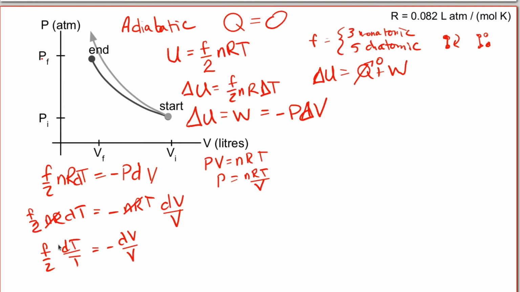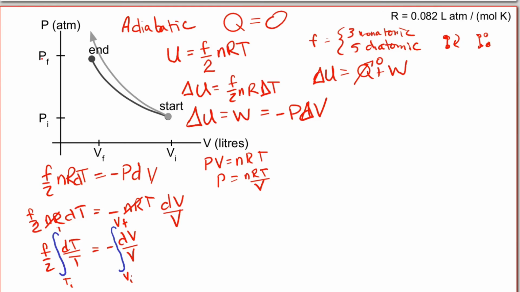Now, I don't really like seeing these differentials hanging out without any clothing on. I'm thinking that they need to be wearing one of these, an integral sign. So anytime I see a dV over V or a dT over T, I'm thinking probably that I need to add up the change as this process occurs. What is happening in each of these cases? Well, these processes happen over time, and each volume corresponds to a temperature at that volume. Temperature will be changing as a function of volume now. So we're going from some initial volume to some final volume,